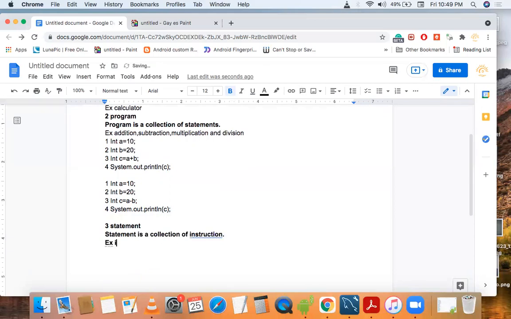Example, integer a equals to 10. So this is a statement, and it is a combination of instructions. For example, integer is an instruction, a is an instruction, equals to is an instruction, 10 is an instruction.